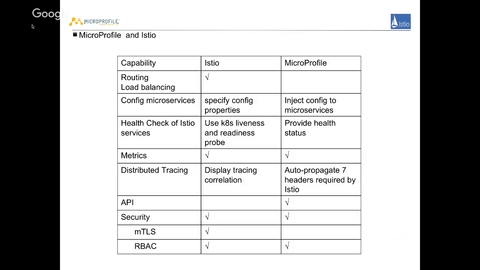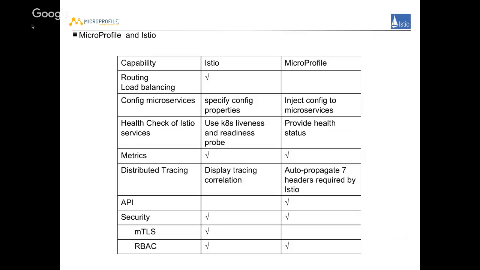So in the next 2 slides, I created a table. Basically, I want to list all the capabilities, or most capabilities, of Istio and also MicroProfile. So for Istio, obviously, it can do routing or load balancing.